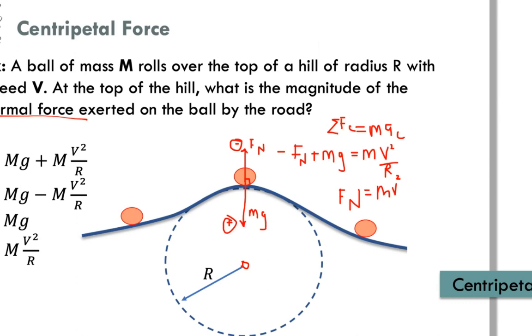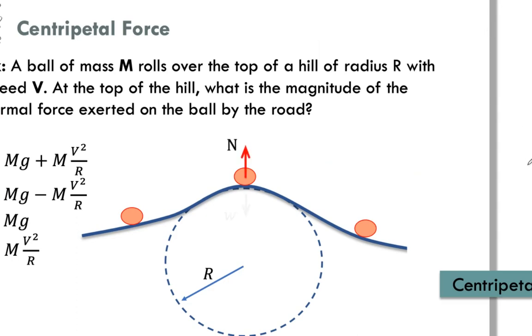Excuse me, I'm sorry. Getting a little tired here. Here we go. F of n is going to equal m times g minus m times v squared over r. We're going to go with answer choice B here, the closest answer choice. Okay, next up,